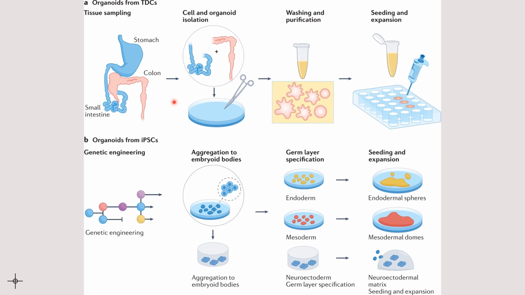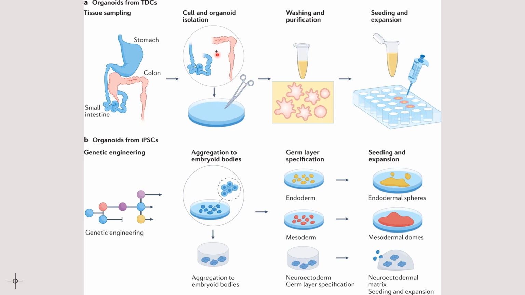So this is, I thought, a really interesting picture that shows how these organoids are actually cultured. It starts off here with the tissue-derived cells. This is the first version. In this example, they are taking cells directly from the gut and the stomach. What they do is they cut it open and cut these samples into really small pieces, and then